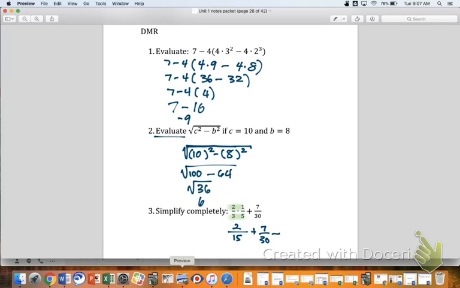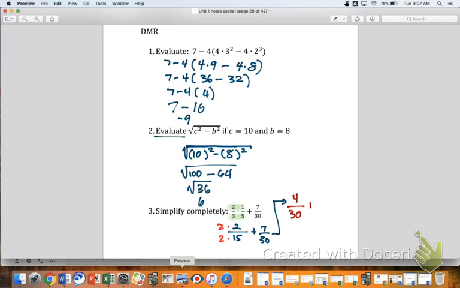And then to continue on, now I'm adding fractions. Is this where I need the common denominator, or is that something else? Yes, I do. That's right, I do need it. So what would be the common denominator between 15 and 30? 30. 30, that's right. So I need to multiply the left fraction by what number? 2. 2 times the top, 2 times the bottom. That would give me a wonderful